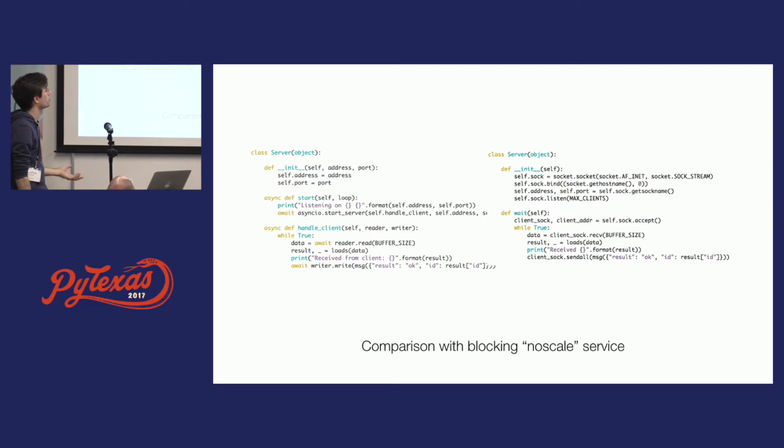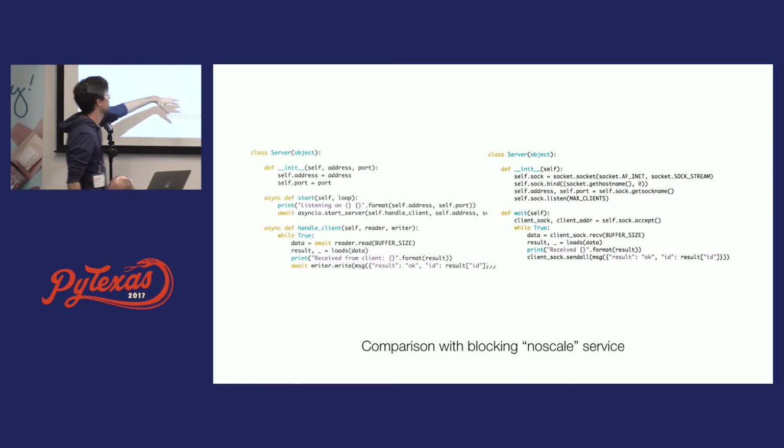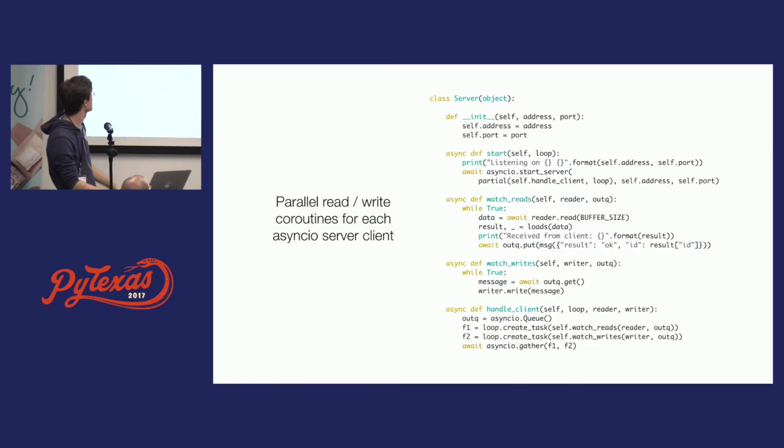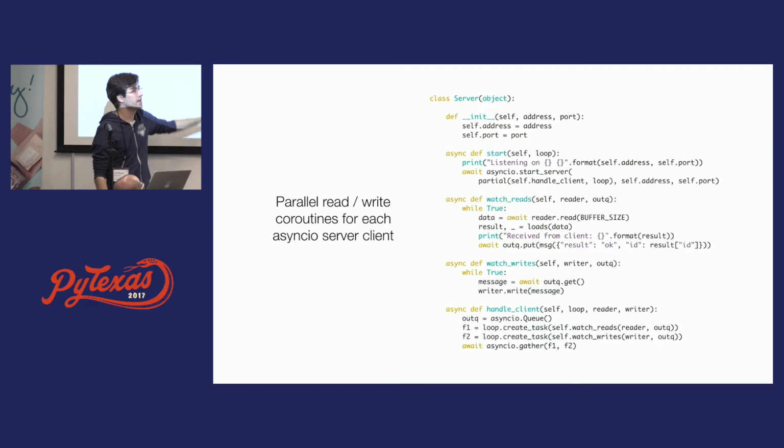I should have gone here, like synchronous blocking, new stuff. So you can see the length is about the same. All right, parallel read-write is, now I've got 2 additional coroutines. And yeah, it looks